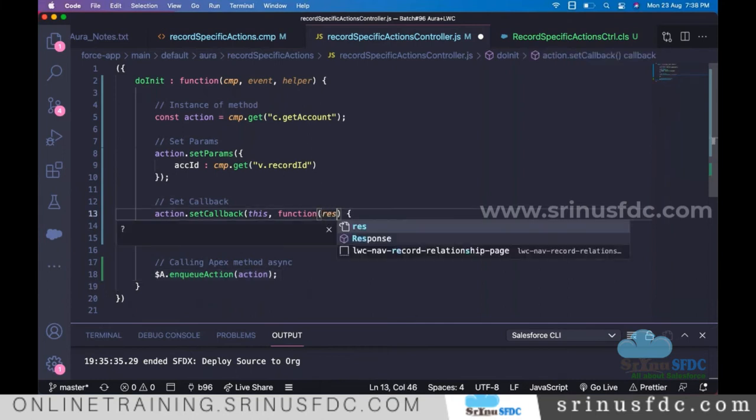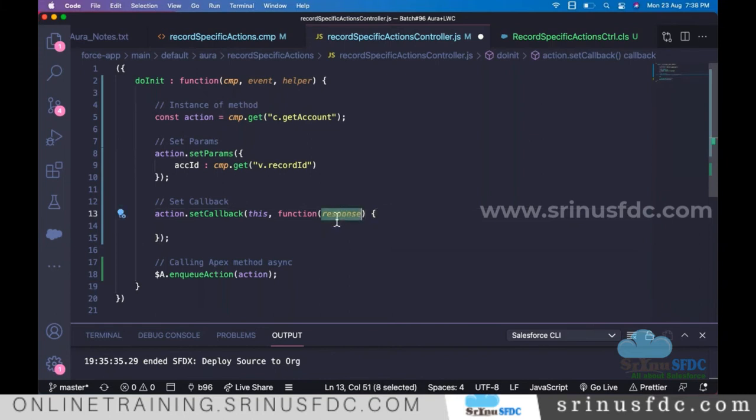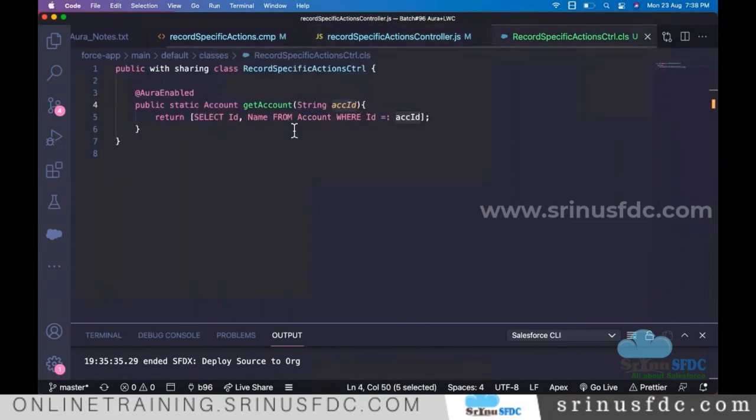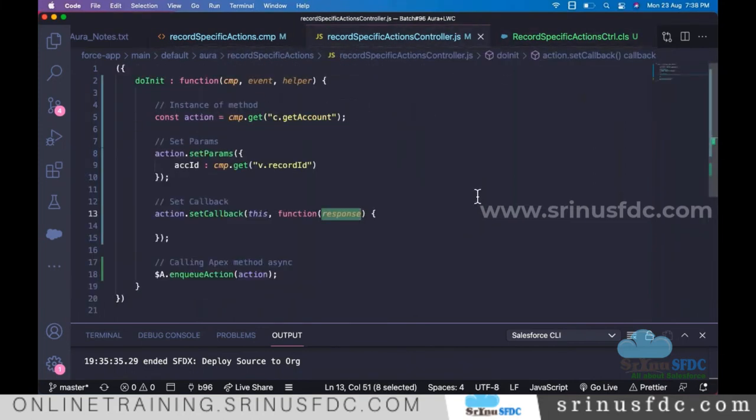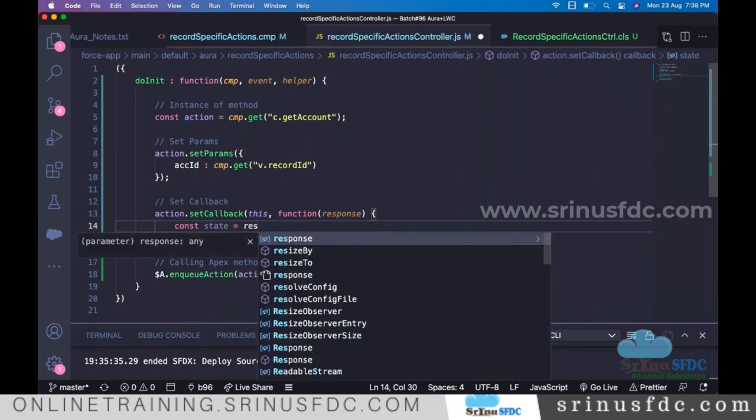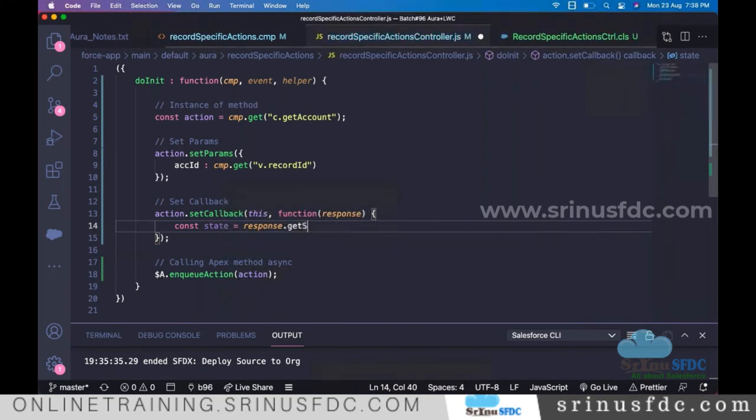The response that is ready in the callback will be in this, right? We should not think that this is the response of the Apex method. This is the high-level response, about whether the method is really called or not and all those things, right? So I'm defining one variable, state: response.getState.